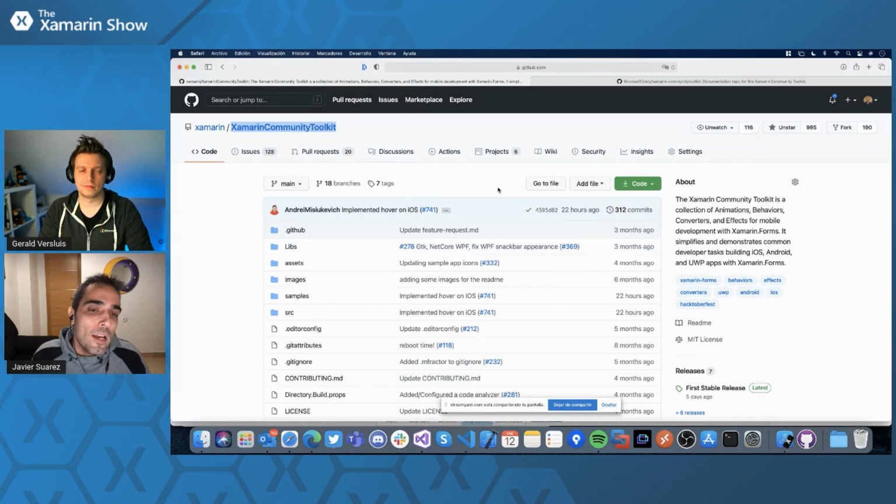But we are moving some of the big functionality from the community that are also PRs in Xamarin Forms to the toolkit. So we have now the camera view in the toolkit, a control to manage the camera and do functionality related with the camera. And there are other things like that, for example pop-ups, that was a PR in the Xamarin Forms repository, and just now is a PR in the Xamarin Community Toolkit.